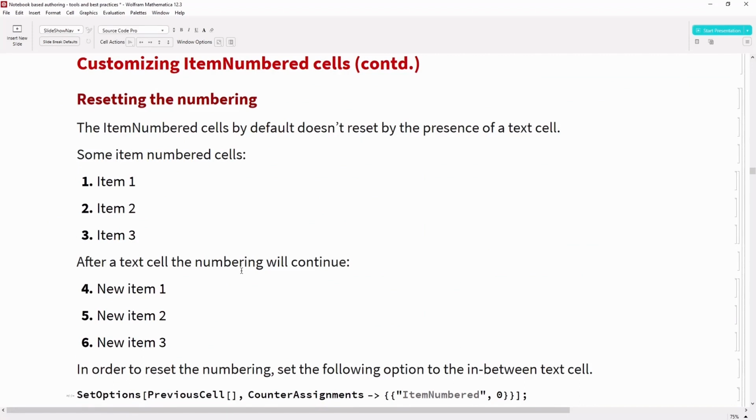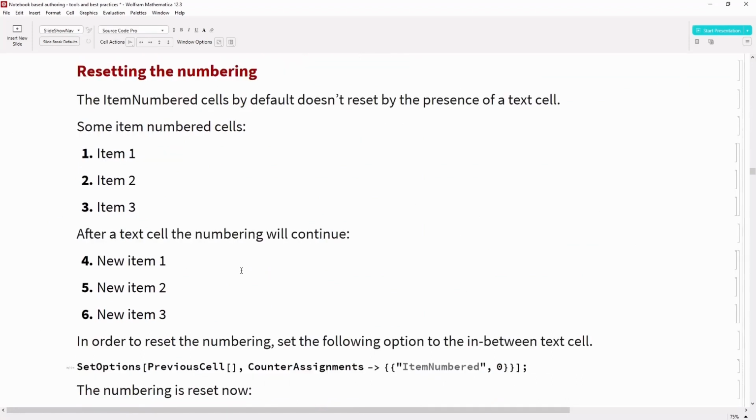Similarly, for item number cells in Wolfram Language, the numbering won't be reset if you add any text cell. Here, as you can see, I have some item number cells with some items, and I have added a text cell, and after that I continue my numbering, but my numbering is continuous: 1 2 3 4 5 6.